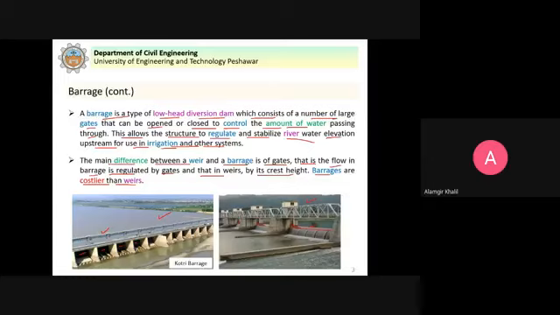But in the weir, it will cost more as compared to the barrage, because let's say this weir is without these piers. So if you want to construct a road, it will be more costly as compared to the barrage. Because of these advantages, we prefer construction of barrages over weirs nowadays.